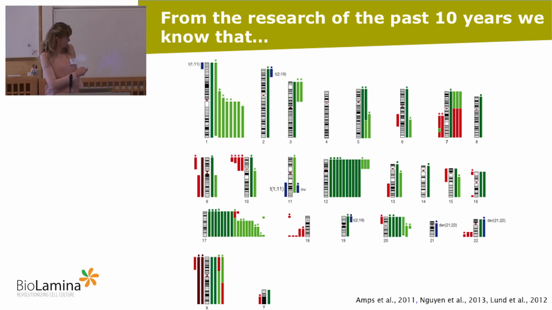So anyway, why should it bother us that these cultures become so abnormal? You will anyway not use an abnormal culture. If you know it's abnormal, you will not use it to differentiate the cells and transplant them into somebody. But in fact, I think what is very bothersome is that stem cells already share a lot of properties with cancer, one of them being self-renewal. And another property that cancer has is genome instability. So it makes you think that maybe a little push over the edge will transform your cell and make it potentially dangerous for the patient.